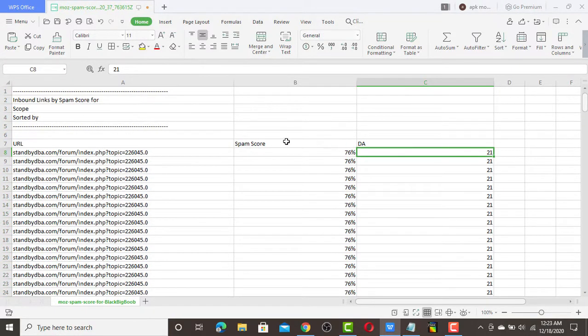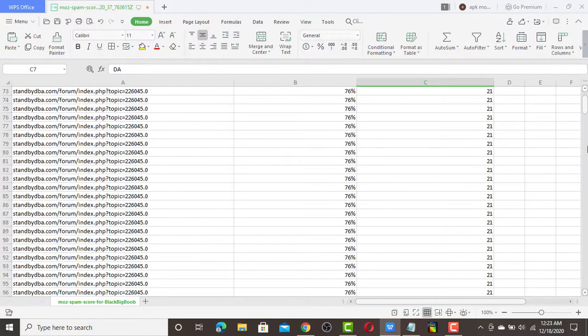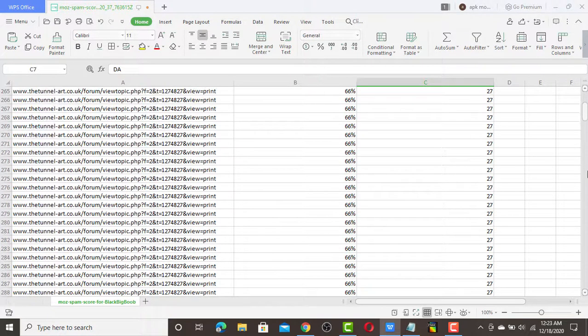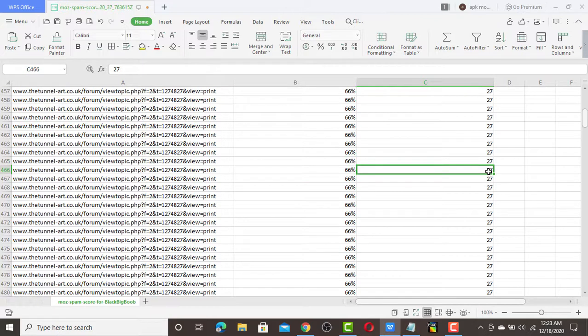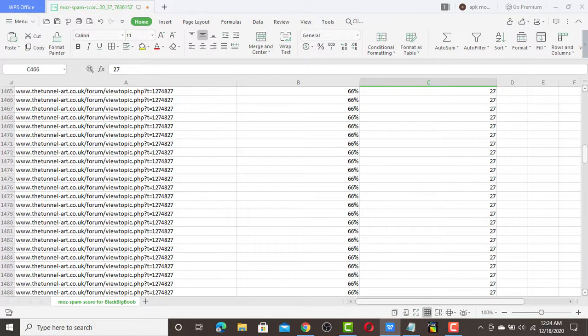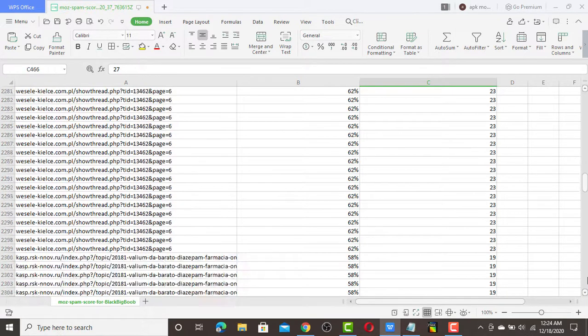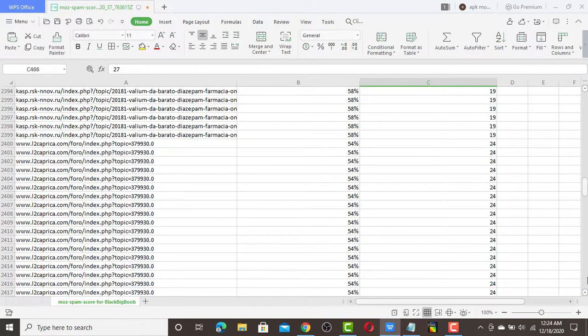What we need is only the spam score and the DA to know which links are toxic. If you check, all of them are toxic links, 60. The spam score is higher than the DA, which means bad links. It's not good for them to point at your website. And if you check, these are links generated with Octo software, backlinks used to bring a person down, not to rank.